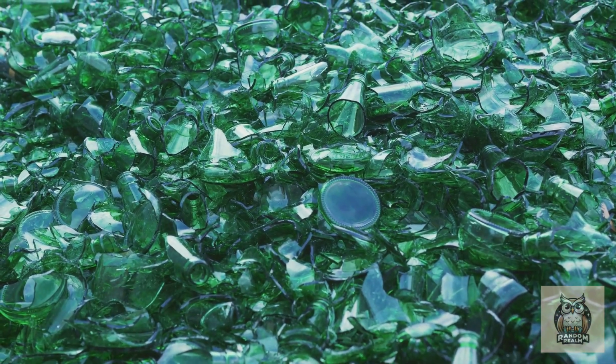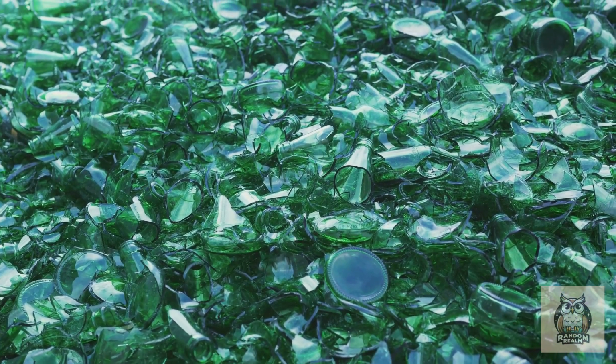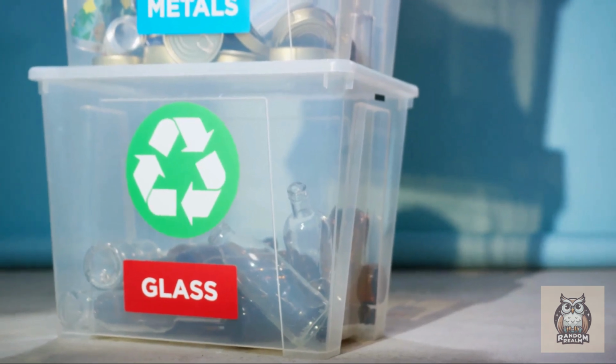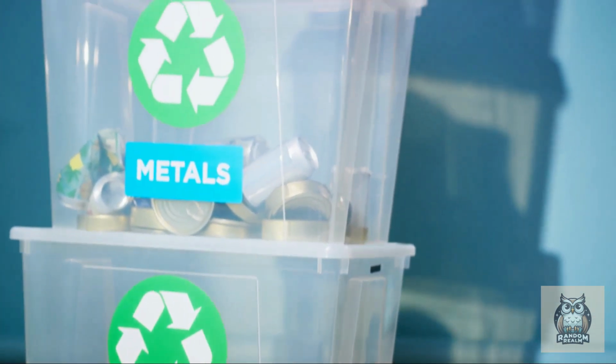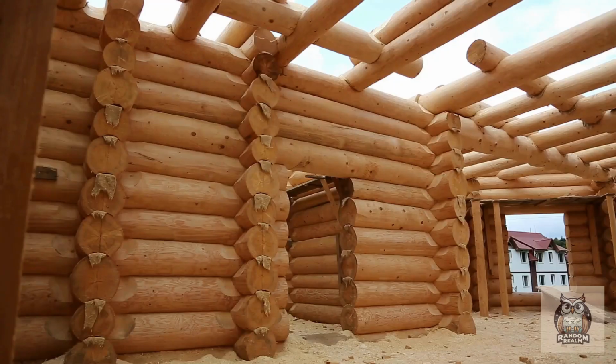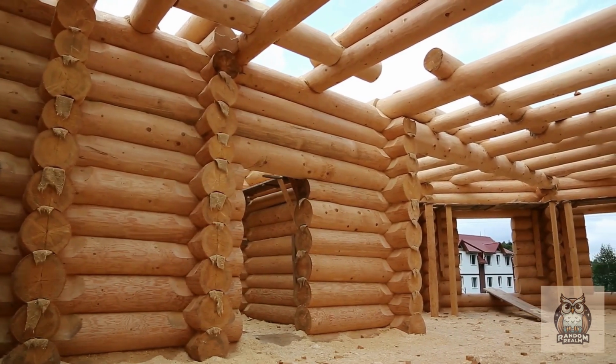Take recycled materials, for instance. We've seen a rise in the use of repurposed glass, metal, and plastic in construction. These materials, once deemed waste, are now breathing life into new structures, minimizing the need for raw materials and reducing waste in landfills. Sustainable wood, on the other hand, is sourced responsibly, ensuring that for every tree cut down, another